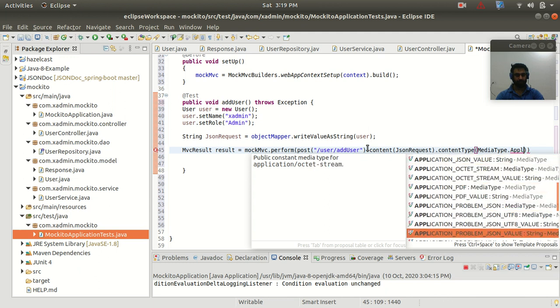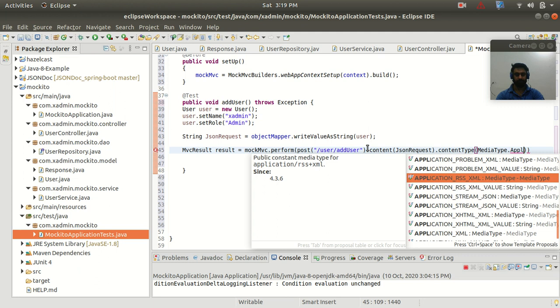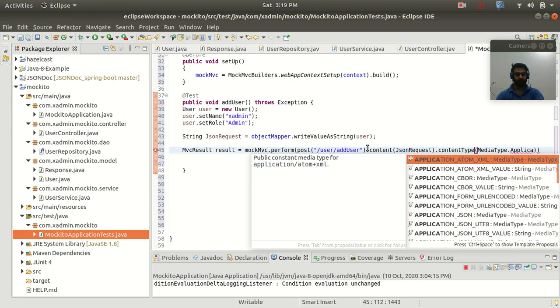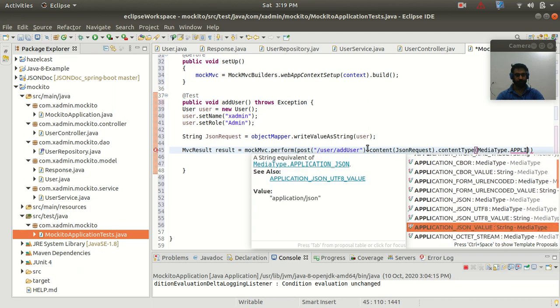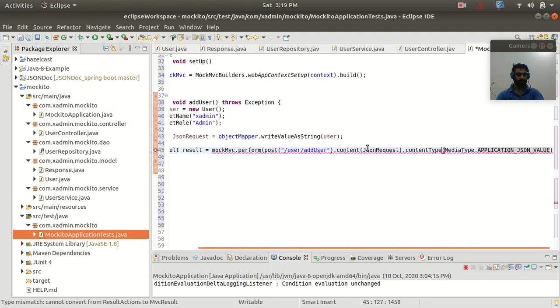Application JSON value. Yeah, this is APPLICATION_JSON_VALUE,